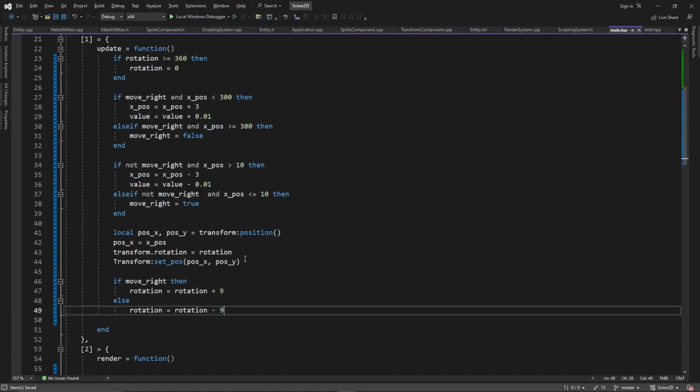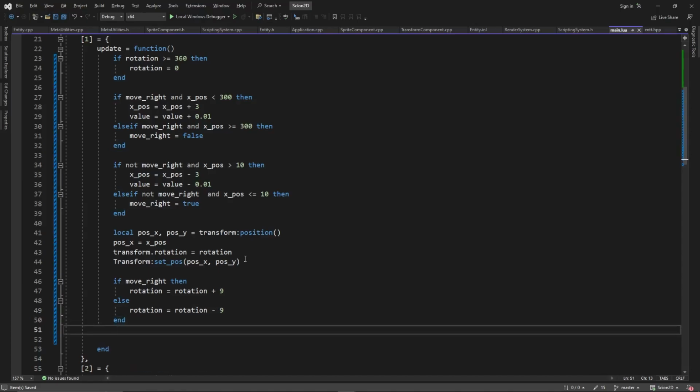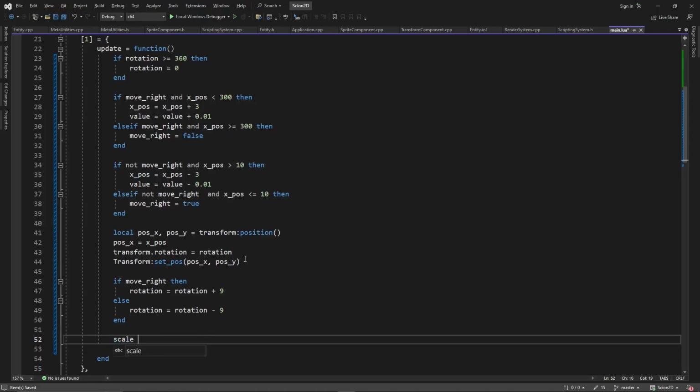Let's go the other way, and then we can go scale is equal to math.sine of the value